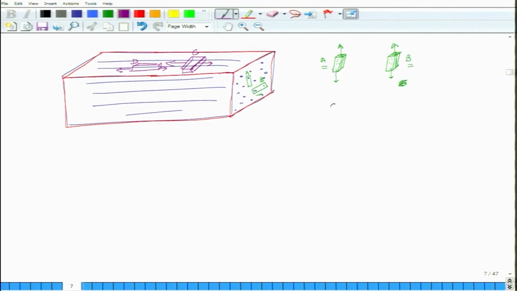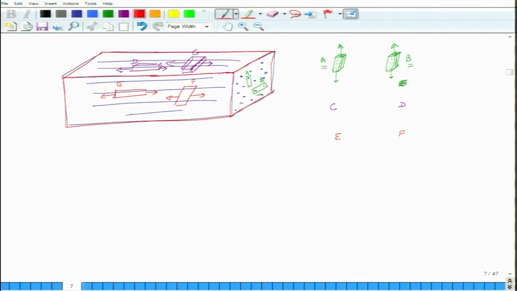So, again if you look at sample C and sample D, even though they are cut in different directions, their tensile properties will be the same. So, this is sample C and sample D, and then let us consider another one. This is sample E and you can test it in tension, and this is sample F, and again you test it in tension. So, you will see that E and F, their properties will be the same, which means that for this material,